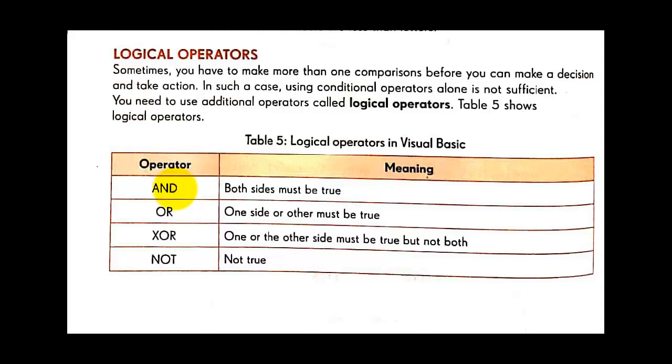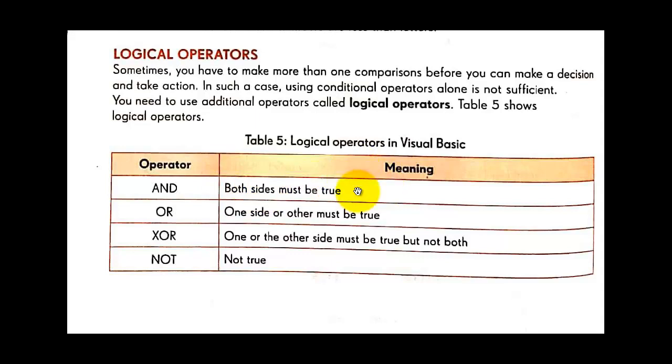Here we use two conditions, condition 1 here and condition 2 here. Condition 1 should be true and condition 2 must also be true for the AND operator to be true. If condition 1 is true and condition 2 is also true, then it will return the value